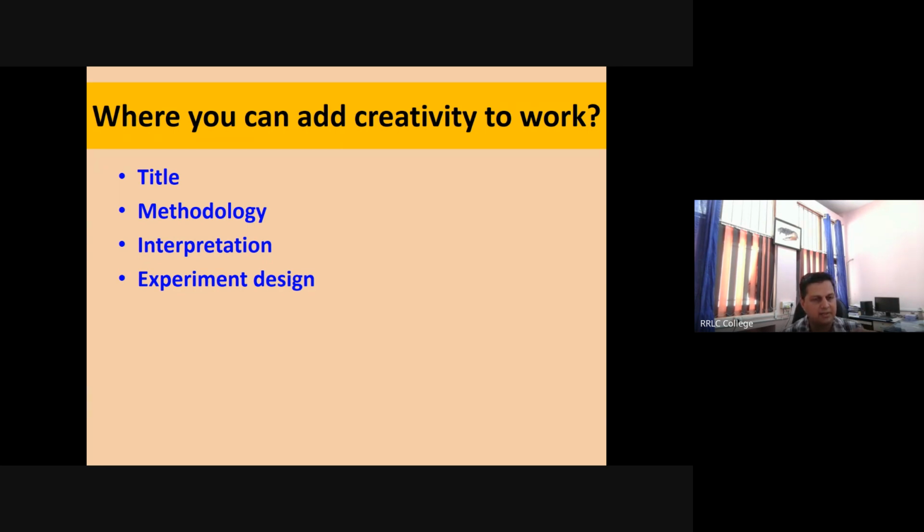I'll share one of my experience. We were doing some surveys on Mandvi coastline, right? Now the earlier researchers stated that the diversity of the X species is highest in winter, right? But when we did our survey, we found that the diversity was lowest in particular season, right?